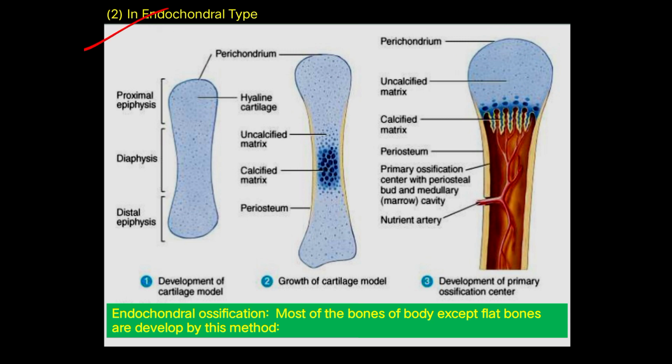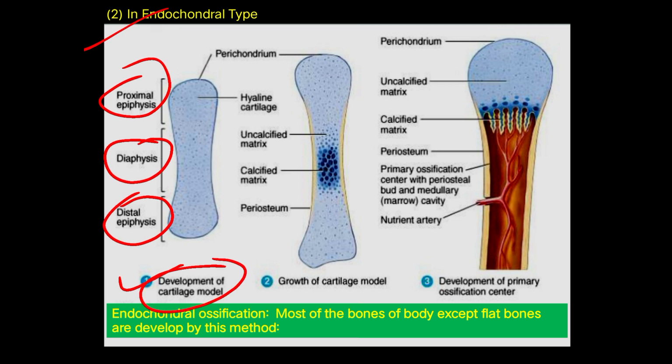ossification. Now the endochondral type of ossification, or histogenesis. Most of the bones of the body except the flat bones are developed by this method. So what is happening here? You can see development of the cartilage model: first the distal epiphysis, this is the diaphysis, and this is the proximal epiphysis. This cartilage model-like structure is where the perichondrium is forming, and hyaline